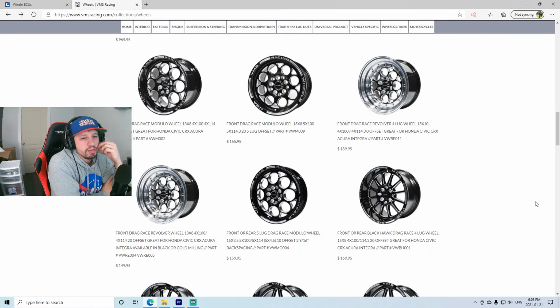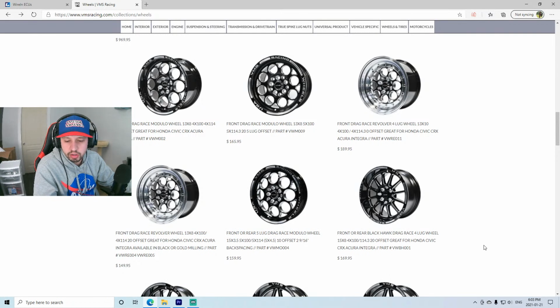The Power Commander seems like one of the better tuning options. Any plans for front brakes? I don't know. Are they 4x100? Yeah, they were 4x100 or 5x100. It doesn't matter because I'm going to have to get custom axles for the rear, so I could probably...